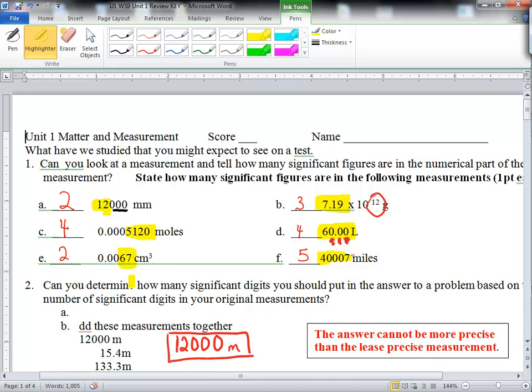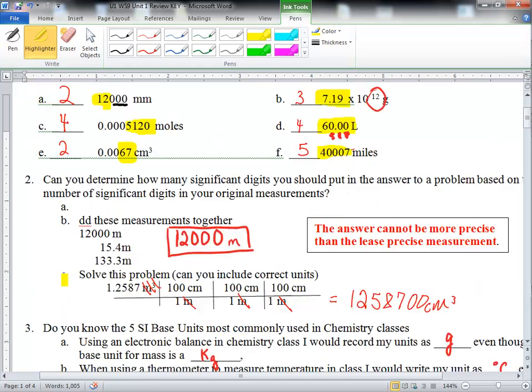Any questions? Refer to the video on significant digits from Khan Academy that is on the website. Also, if you have any questions about addition, refer to that, but just keep in mind that this is the main rule. The answer cannot be more precise than the device you're making the measurement with. If this device is only precise to the closest 1,000 meters, that means we're looking at a Google Earth picture from way out in space somewhere, then